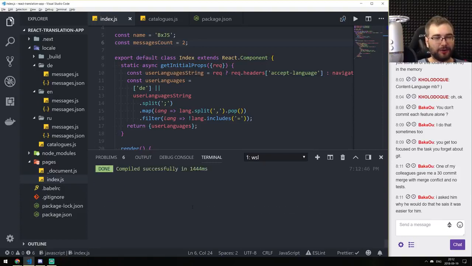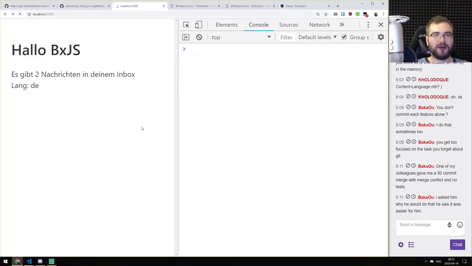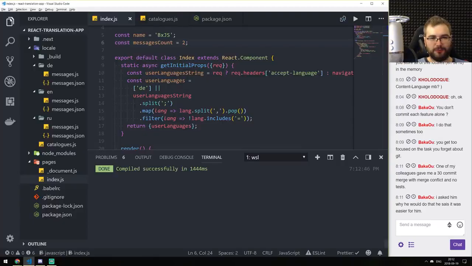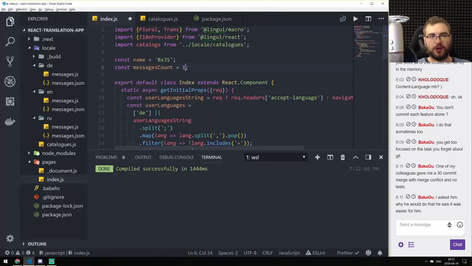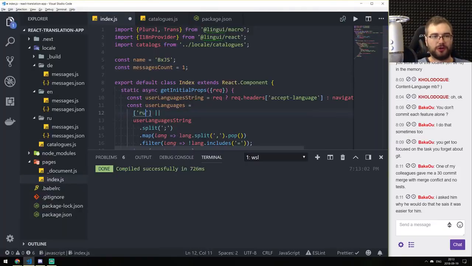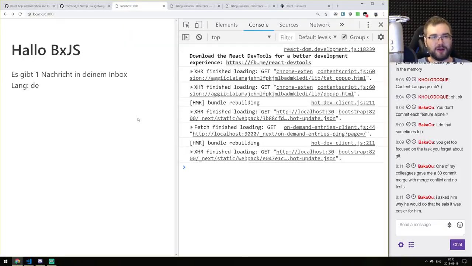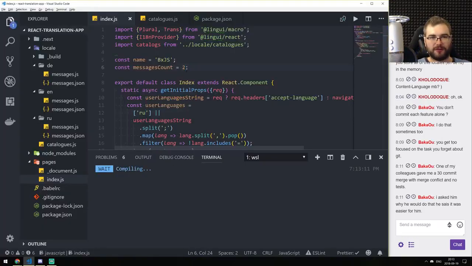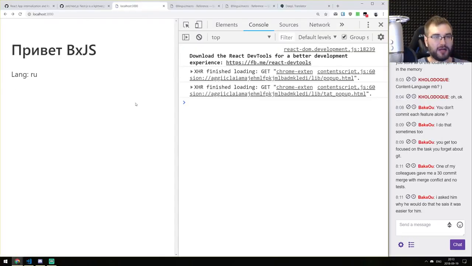But yeah, in this case, I kind of have a luxury of committing whenever I want because I'm working alone on this thing, and I know that even if I commit a huge chunk of code, it won't actually break anything, right? Because there's no other people working on this project, so it's gonna be fine. If I would work with someone, and if I would work knowing that I cannot actually